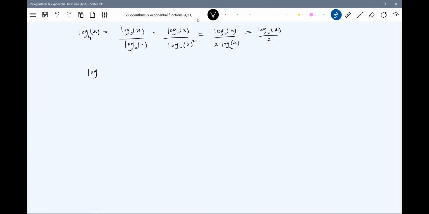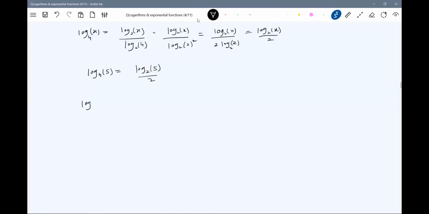Similarly, instead of x, let it be 5. So what can you write now? Log 5 to the base 2 divided by 2. Can I find out the value? Yes. See, what is the biggest problem? What is the value of log 5 to the base 4? We don't know, it's very difficult. We don't have calculators either. We have to work out logarithm tables. But we do have logarithm tables where the log of a value to the base 2 is available. So I think this base conversion is really going to help us a lot.